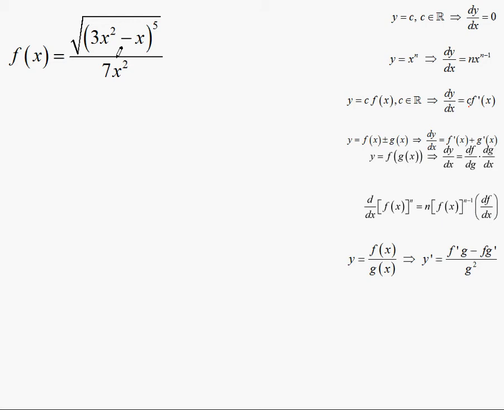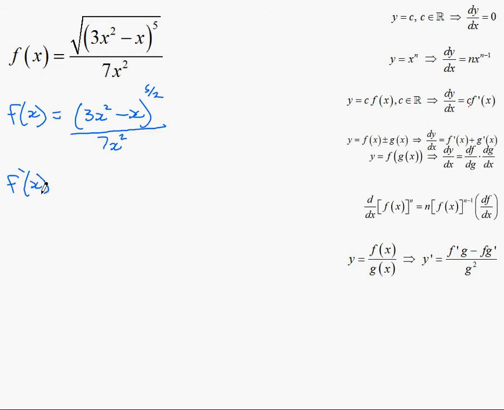This is a quotient, but it also has a chain. So a little bigger. First thing we're going to do is rewrite the square root as power of a half. There's very few times that we're going to want to leave the square root sign. It's easier to use as the exponent. So we'll start by rewriting this as 5 over 2 over 7x squared. Now we can use the quotient rule and the chain rule and see if we can get